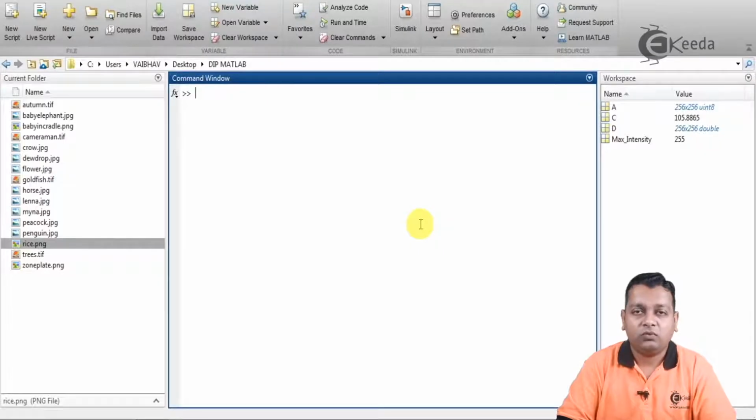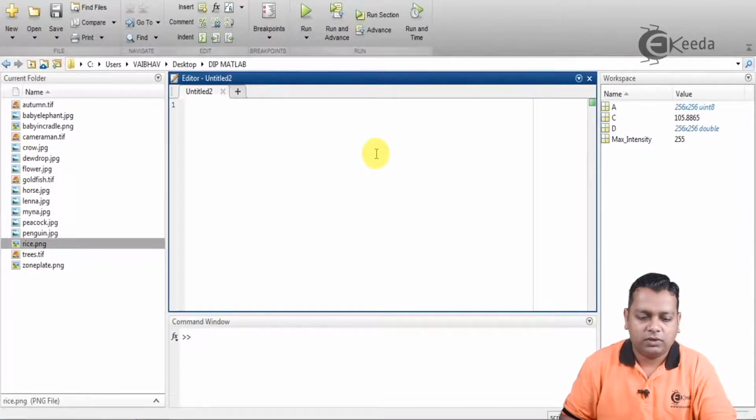So here we can begin with the programming for power law transformations in the MATLAB environment. The MATLAB environment we have is the R2018b version. So we need a new script where we can write the program. A new script is taken, right now it is untitled.